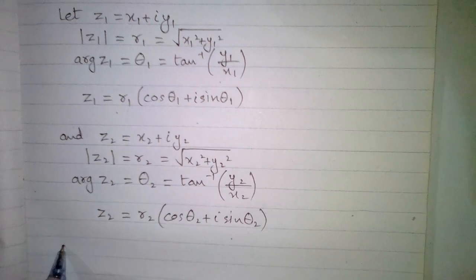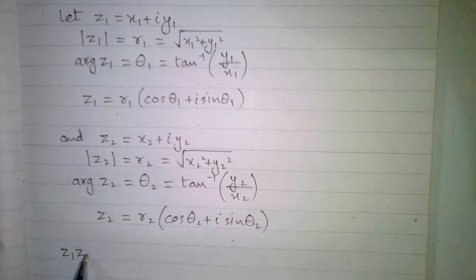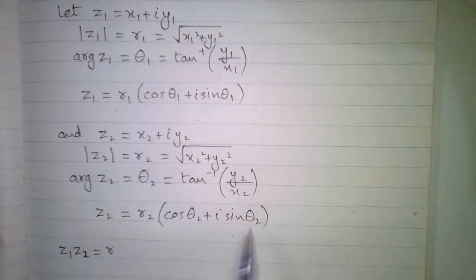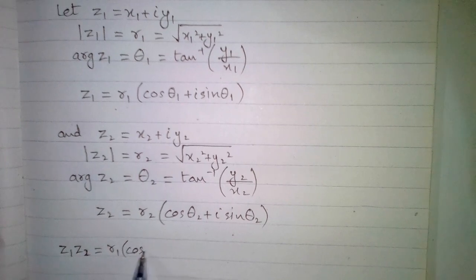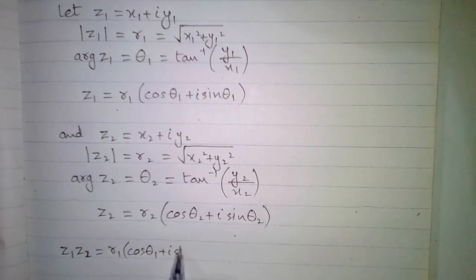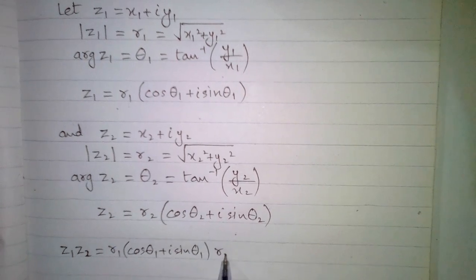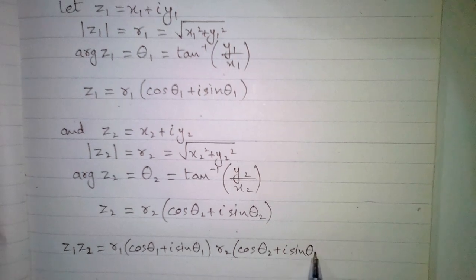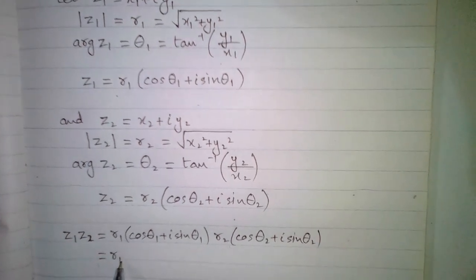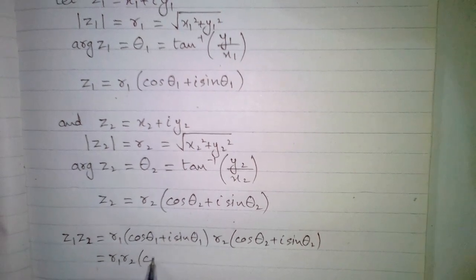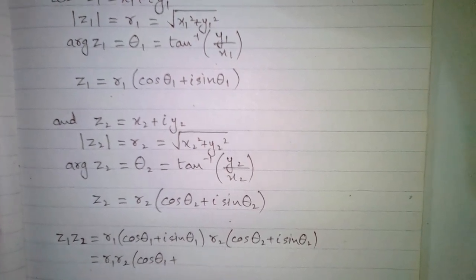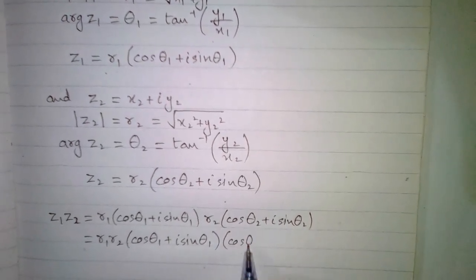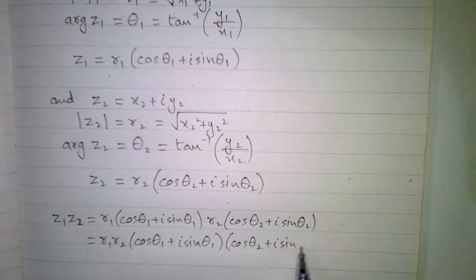Now we will find the product of these complex numbers. So z1 z2 is equal to, we will multiply these expressions. So we have r1 times cos of theta 1 plus iota sine theta 1 multiplied by r2 times cos theta 2 plus iota sine theta 2, and this can be written as r1 r2 times cos of theta 1 plus iota sine of theta 1 times cos of theta 2 plus iota sine of theta 2,